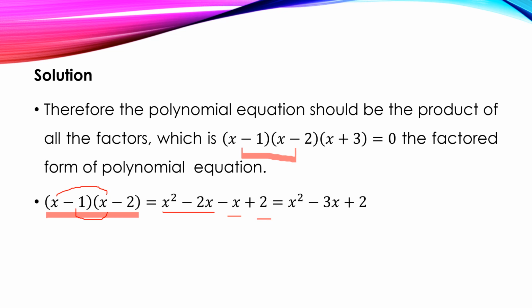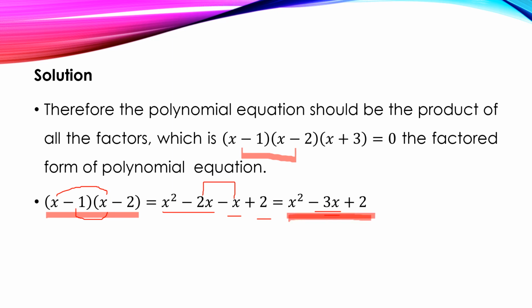And then, simplify this by combining the like terms. So, itong dalawang to ay like. Ayan, magkapareha yan, no? Same terms yan sila. So, negative 2x minus x. So, we need to add, okay, the two terms here. Kaya nagkaroon tayo ng negative 3x dito. So, ang product ng ating first pair of factors, x minus 1 times x minus 2 is x squared minus 3x plus 2. Okay? So, yan